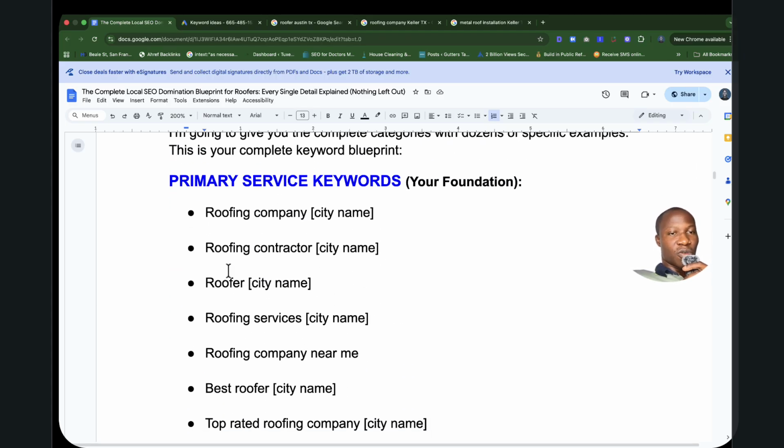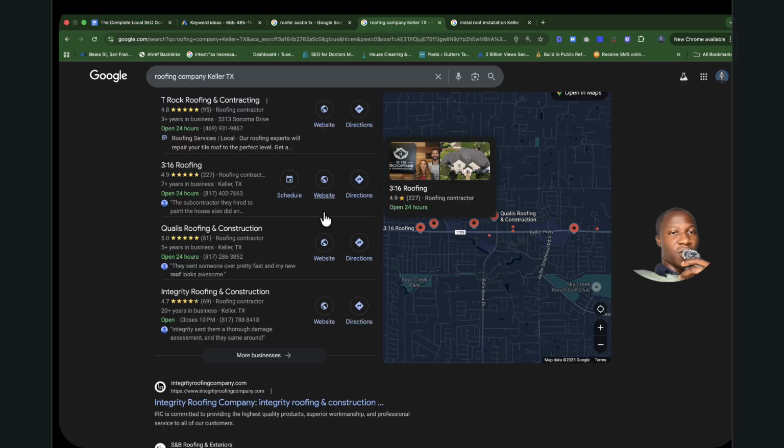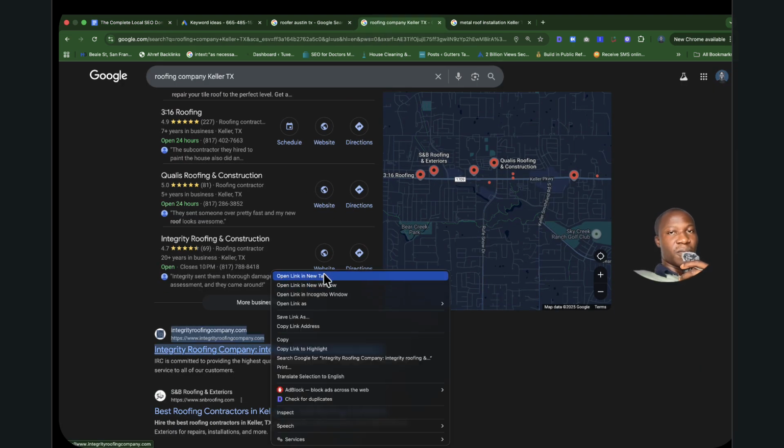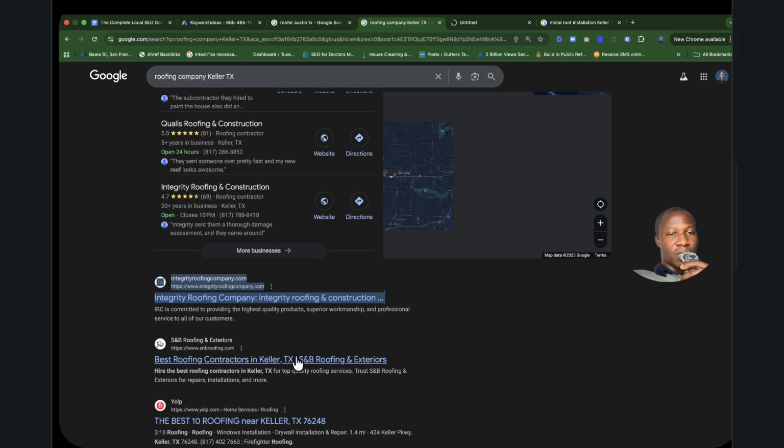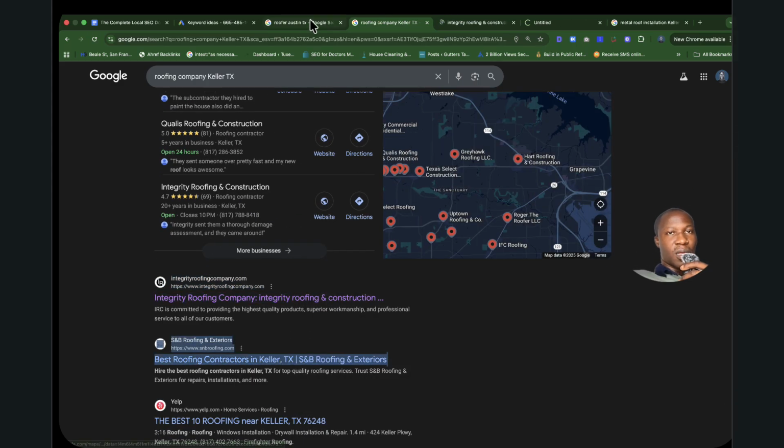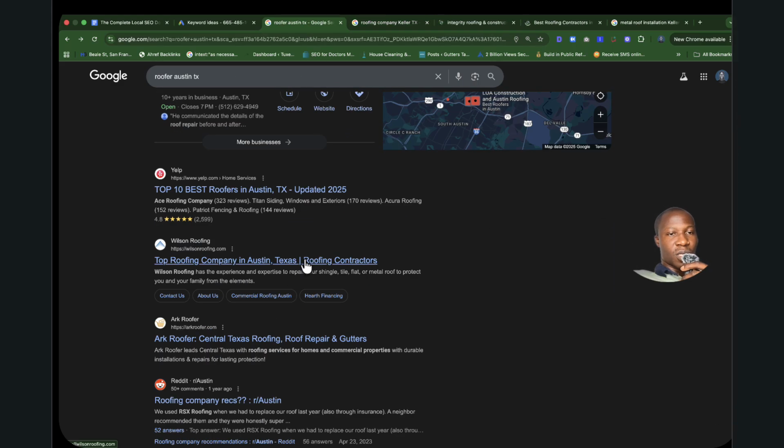Basically, this forms the keywords that you're looking for. This is the foundational keyword, roofer near me. This is what you want to name as the title of your company. Let's do an example here. Let's look at this one here again, and let's open up this one here.